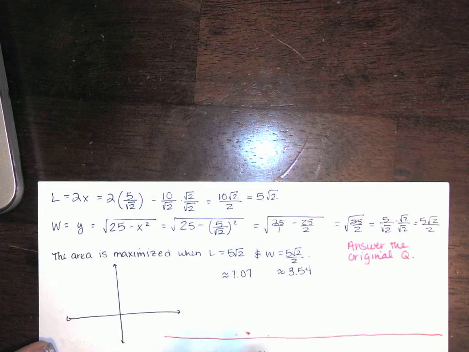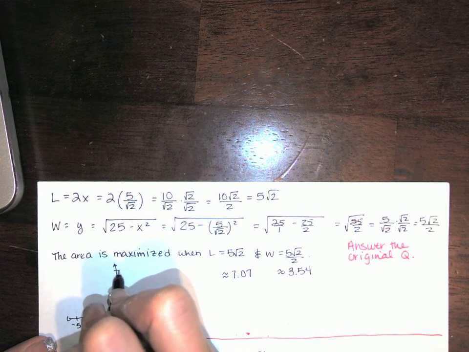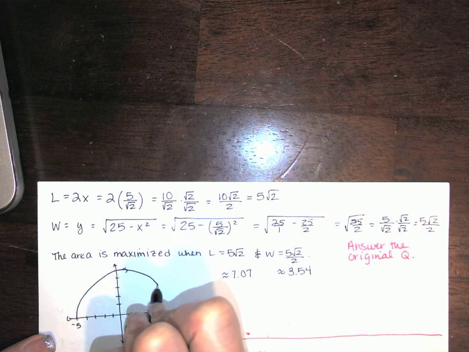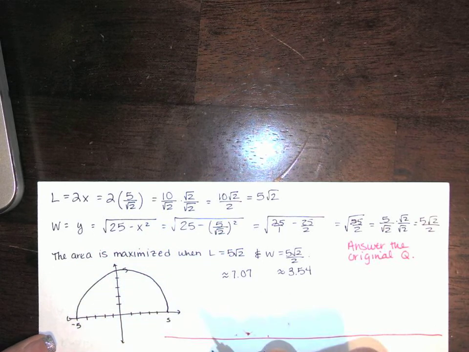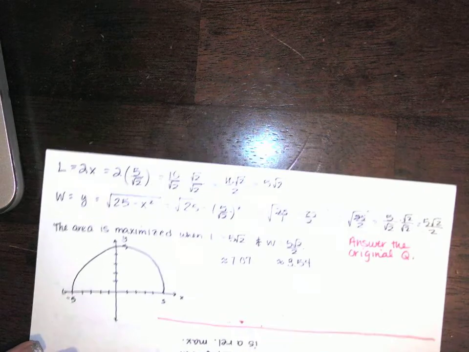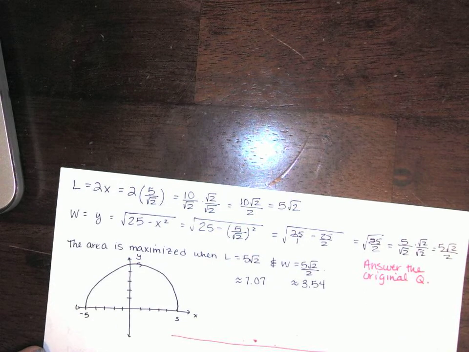I didn't do a very good job with my grid. That's okay. 1, 2, 3, 4, 5. 1, 2, 3, 4, 5. Just trying to do a better job with this picture, but accuracy is important when you're trying to visualize what it is you're doing, but I'm having a little bit of trouble today. It's a little crooked, so I'll just turn my piece of paper like this. Hopefully you guys don't mind. Okay, so